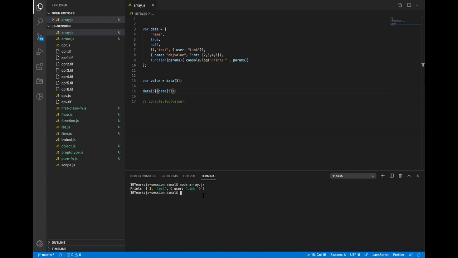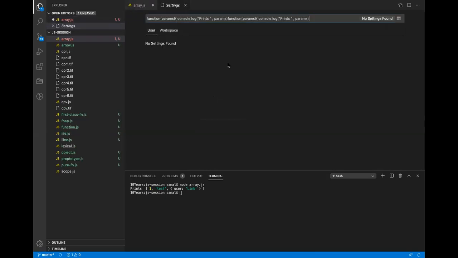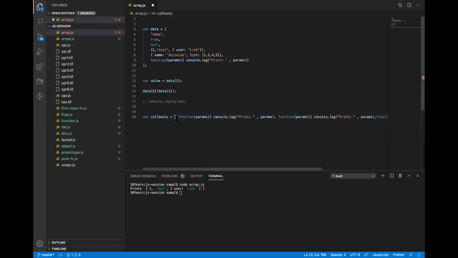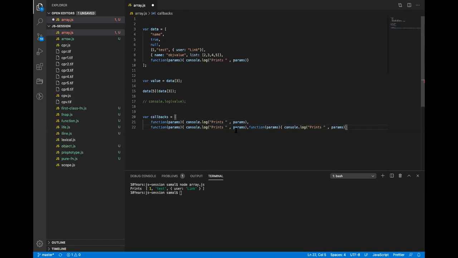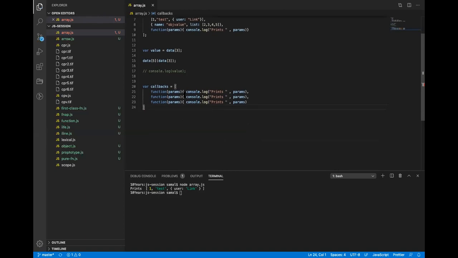Sometimes we have a complex structure, specifically in Node, something like this. So let's say something like this, callbacks we say, and there we will have a series of callbacks, something like this. All right. Now, because this is an array, this is an array of functions. Yeah. So each function can be called and can be run.